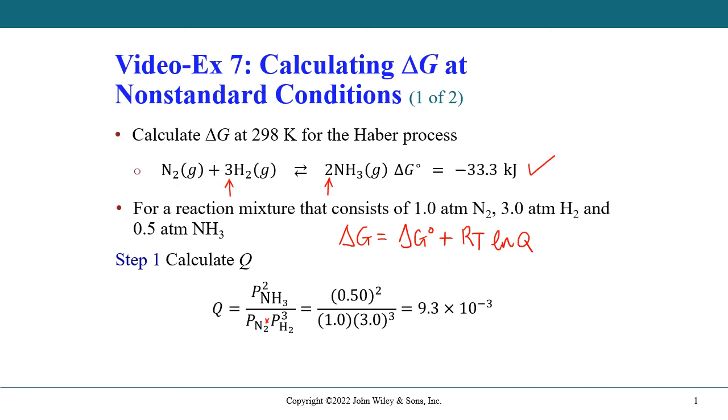Okay, so then we can plug in the values that we have. The partial pressure of ammonia is half an atmosphere and we square that. The partial pressure of nitrogen is 1. And the partial pressure of hydrogen is 3, which we raise to the third power. And we work out that the reaction quotient ends up being this value over here. Right, now we can continue